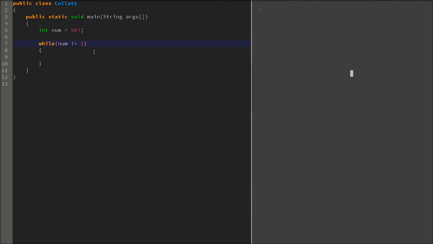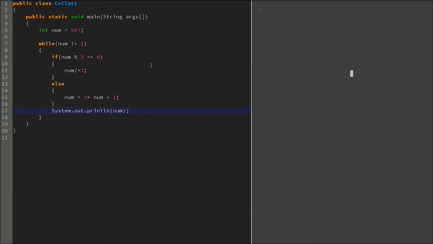So within the while loop, if the number is even, so if num % 2 == 0, we divide num by 2, so num = num / 2. Remember, from our operators tutorial, we can actually just type num /= 2, which divides num by 2 and assigns it back to the variable num. Else, meaning the number must be odd, so we do num = 3 * num + 1. And just for fun, I want to type System.out.println(num) to see the process of how the number transforms.